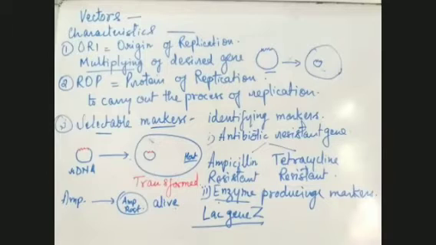Which enzyme does it produce? Beta... Anybody, if you remember? You all are unmuted today. Anybody, if you remember which enzyme this lac gene Z produces? Lactose? Lactose is the substrate on which it acts. It's not the enzyme. I want the name of the enzyme which it produces. The name of the enzyme is beta galactosidase.